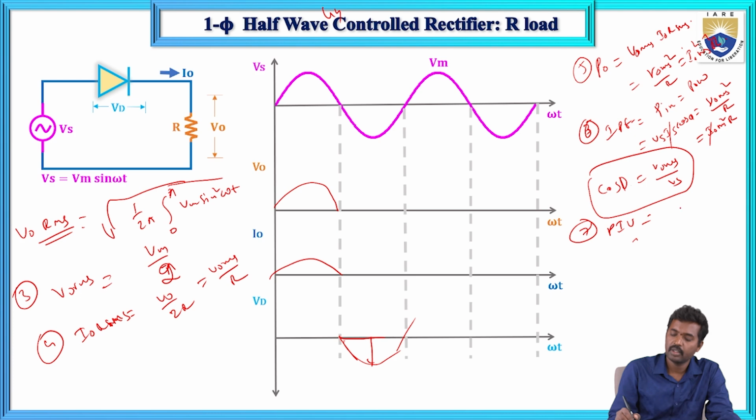Is the PIV... The seventh question is the peak inverse voltage, which is minus Vm. So that is minus Vm. And next, the eighth question is